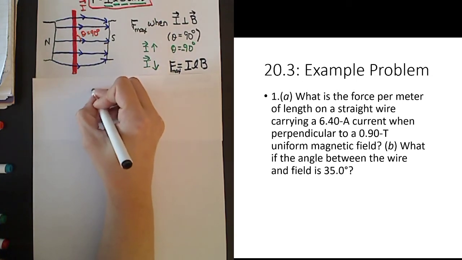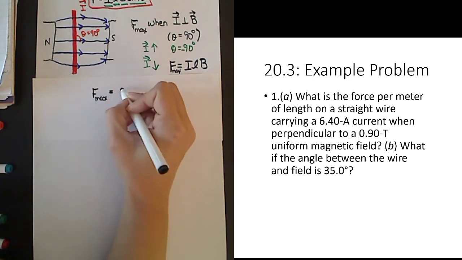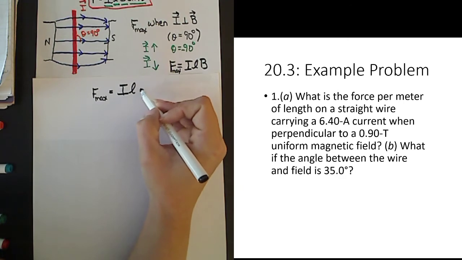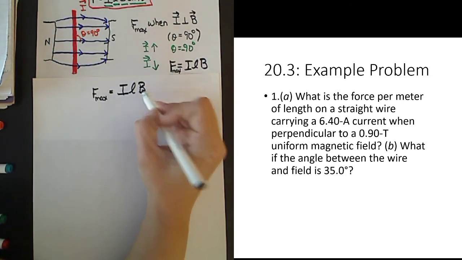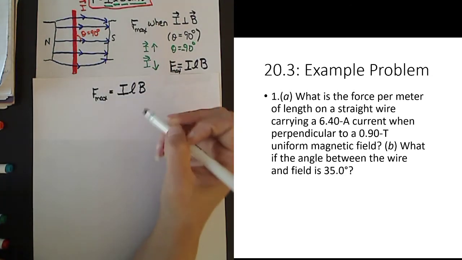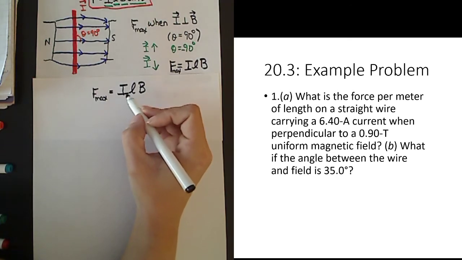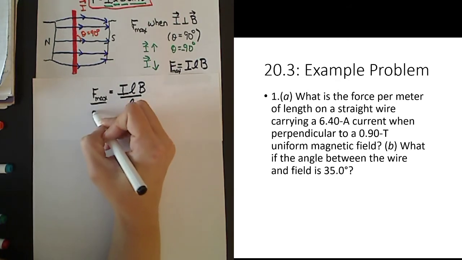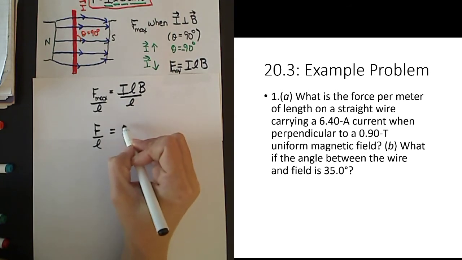So we can use the maximum form of the equation, which is our maximum force is equal to current, the magnitude of current, times the length of the wire, times the strength of the magnetic field. Okay, but we want force per meter of length, so we're going to divide out by L. So F per L is going to be equal to